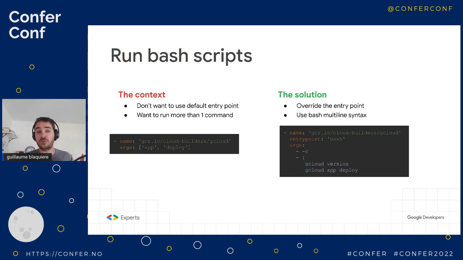Of course, the entry point must exist in your container. If you have a container with Python, you can run Python as entry point or something like that. So you need to have a valid entry point. And if this entry point doesn't exist, you can install it on your container. You can have a custom container, or on your container, you can also perform apt-get install, for example, to get a package from the internet and install a new binary on your container and then use it.